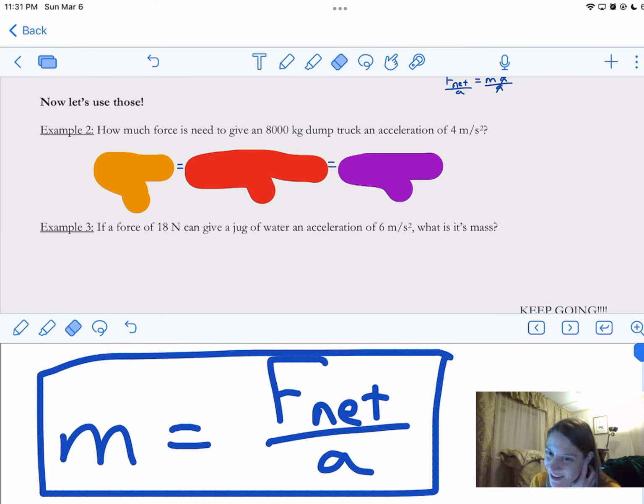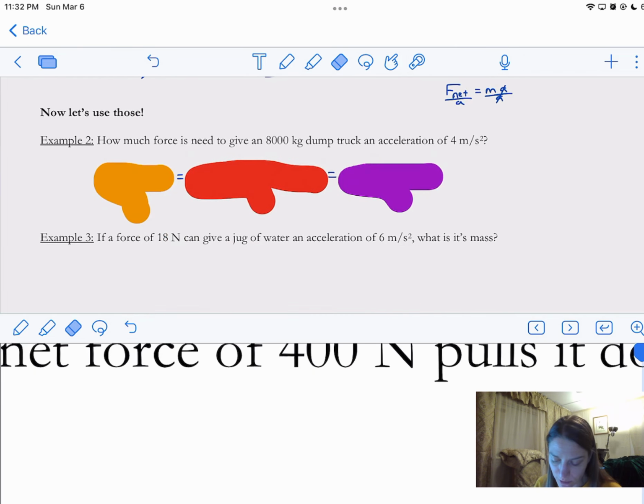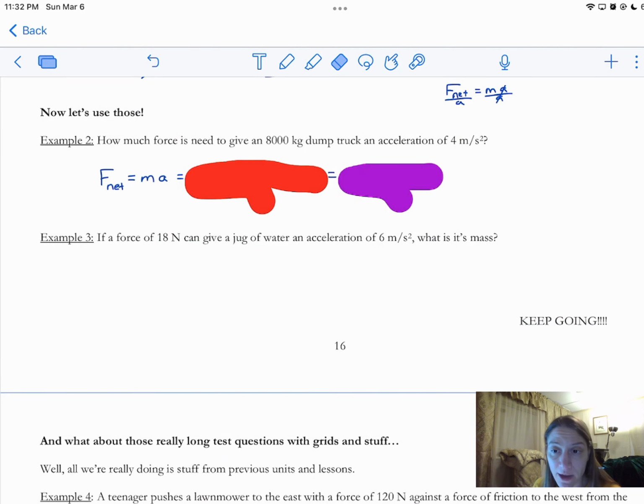Now let's take a look at example 2. How much force is needed to give an 8,000 kilogram dump truck an acceleration of 4 meters per second squared? Well, remember, the first thing you have to do is write down the formula without anything in it. There we go. Okay, so F net equals m times a is the one we're going to be using here